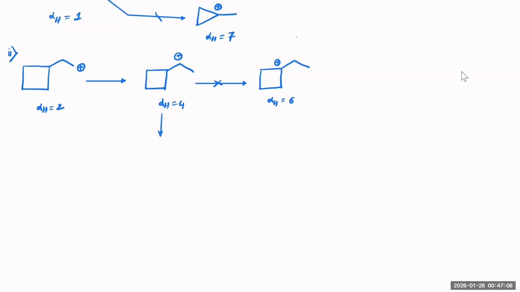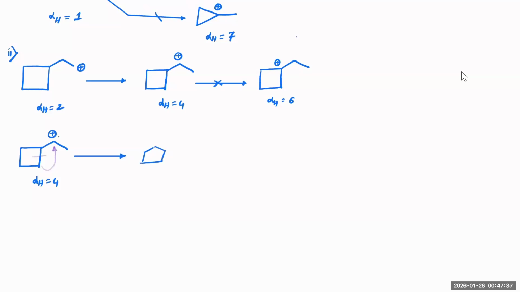Instead, here ring expansion will take place. Now, how does that ring expansion happen here? Check it out. From here, as you break the bond on this position, from here the bond will be broken. From this carbon onwards, it will attack here, correct? And from there, you will see the four-membered ring has become a five-membered ring